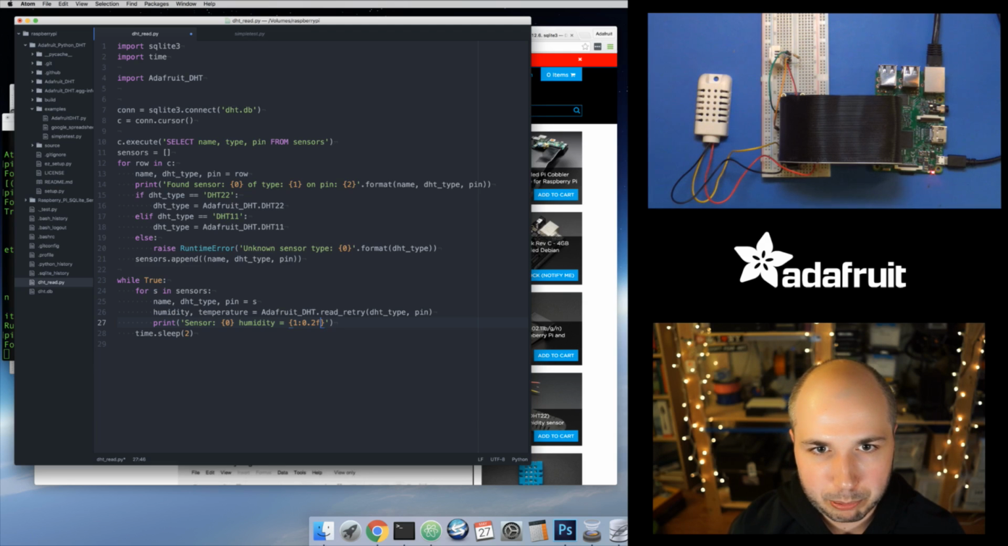This just means print, I expect a floating point value and only print the first 2 values after the decimal point. Search for Python string format language, and you'll see all the syntax for this. Lots of handy things you can do here. So here's the % of humidity, and then temperature